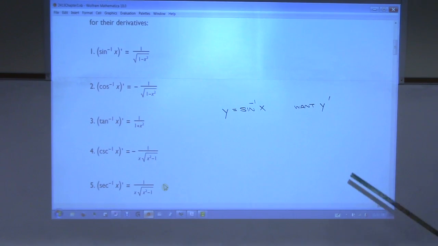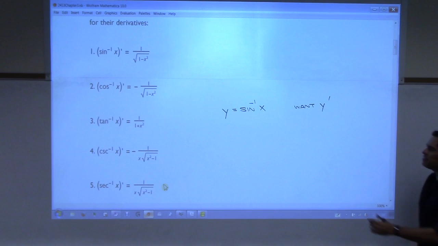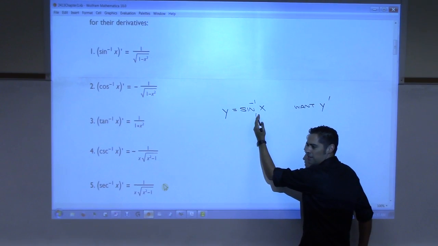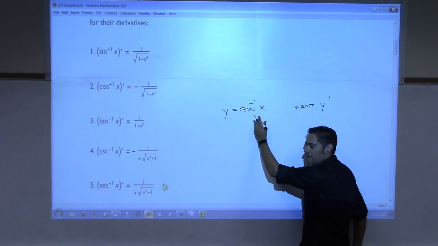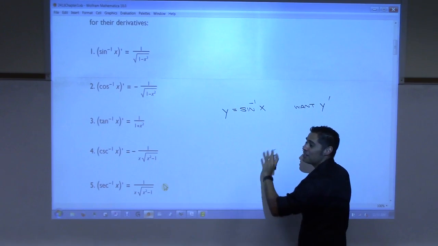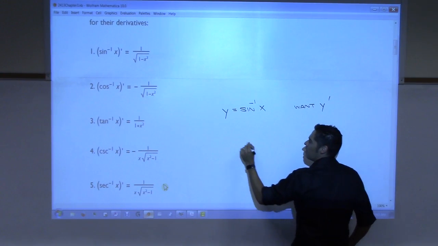All right, so here we go. I want the derivative of this, right? I can't just take the derivative on the left and the right because I don't know what the derivative of that is, right? You don't know what the derivative of arc sine is. That's the point. That's what you're trying to figure out. I can't just write that down. That formula doesn't exist yet. So what I do instead